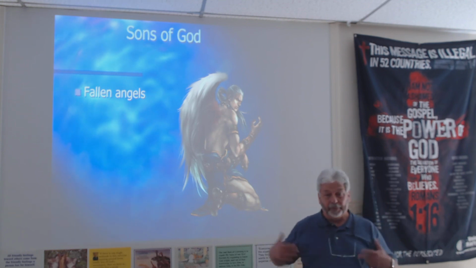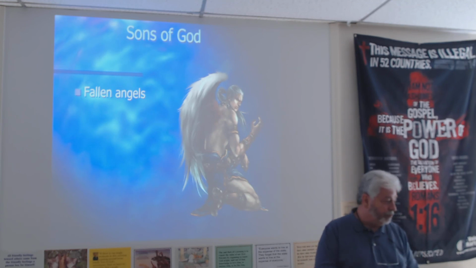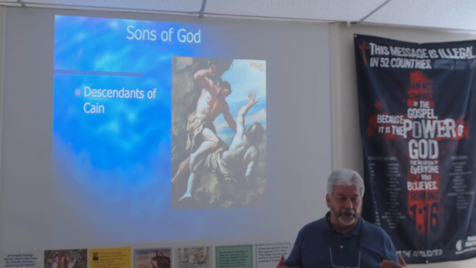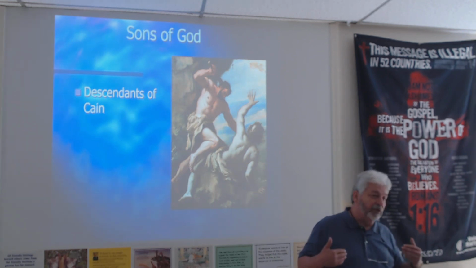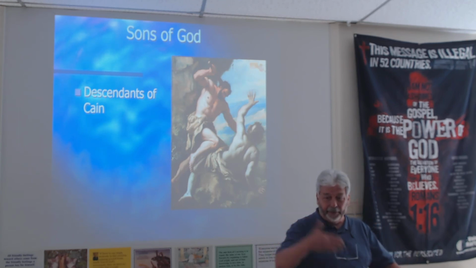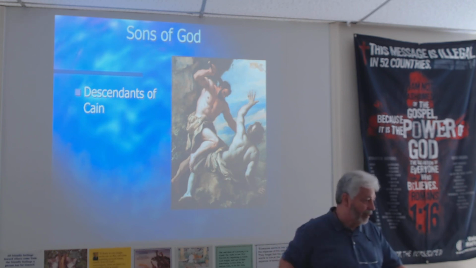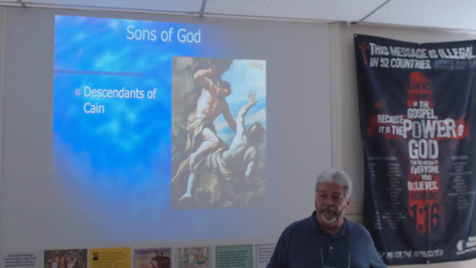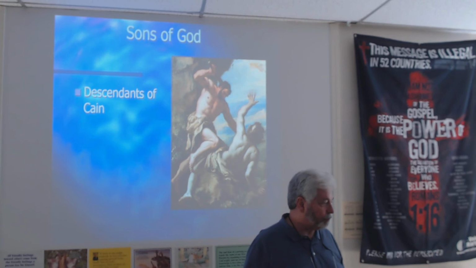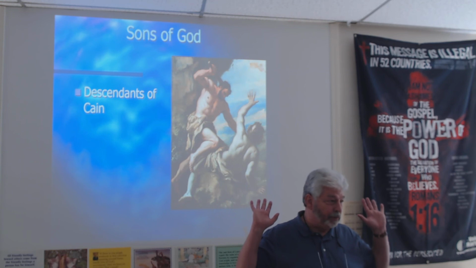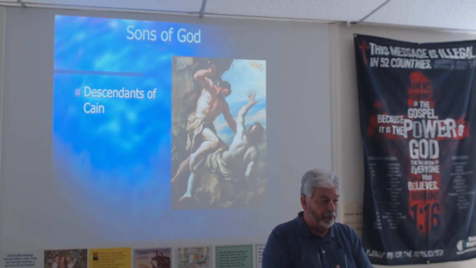And because of those problems, some people long ago came up with another solution. And they said that the sons of God refers to a spiritual heritage. That these are descendants of Cain. Cain killed his brother, and after that, all his descendants were evil and bad and all that. And so they intermarried with the descendants of Seth, who are called the daughters of men, and they were the godly line. All right. They understood that angels can't have sexual relations, so they came to this position,